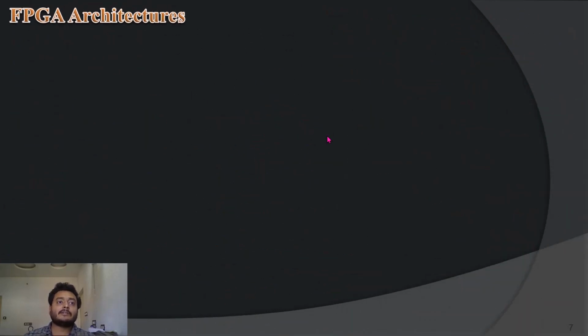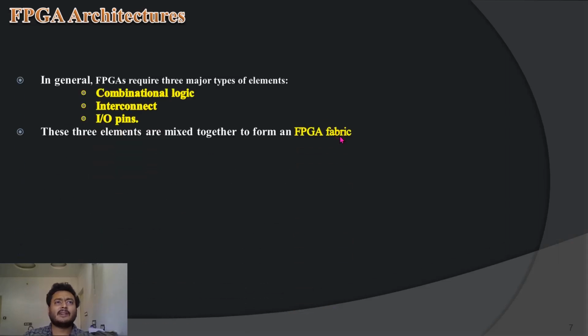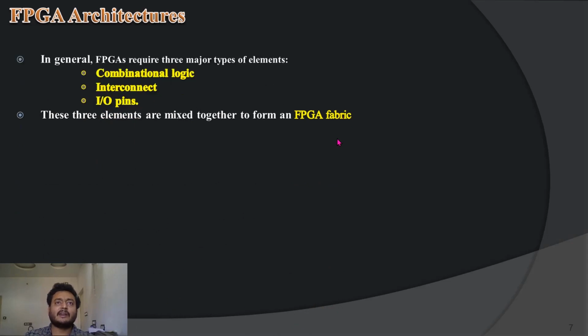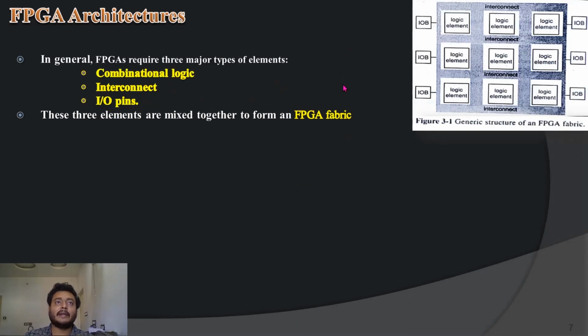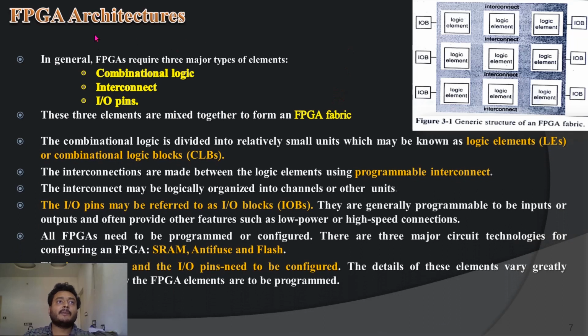Right, so we have FPGA architectures. I already described this in the last series, and I think it has repeated here. The FPGA architecture is taken from a textbook figure, so you can remember this for writing in your exams. These are logic elements, we call them CLBs, the intermediate areas are the interconnects, and these are the IO blocks. The same thing is there.